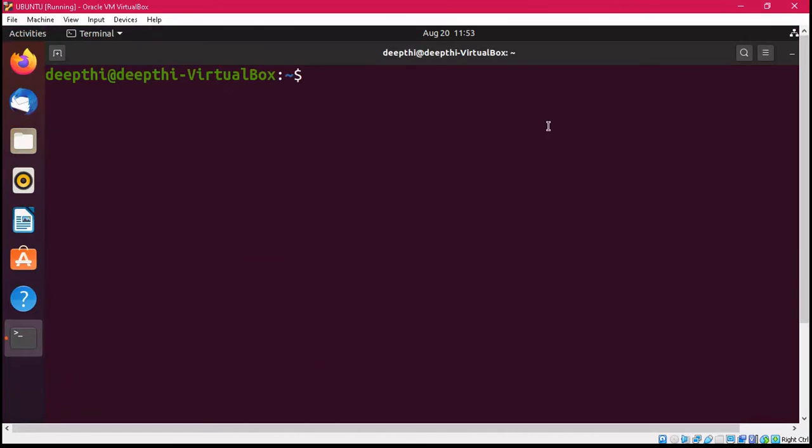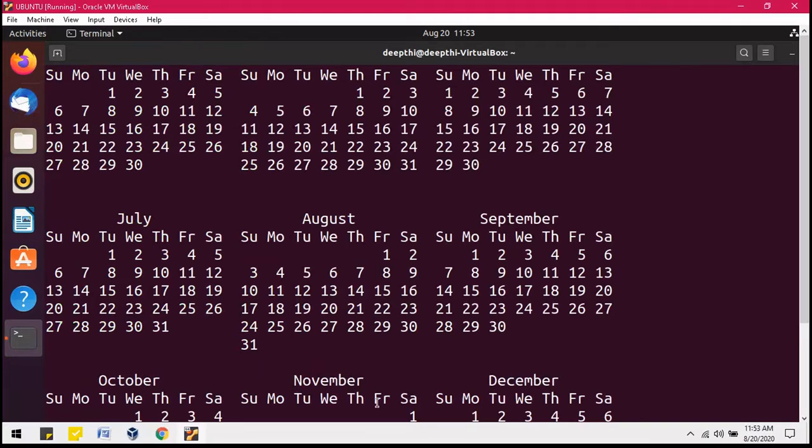Now, another option. This last command was displaying the complete calendar of the current year. But what if I want to specifically see the calendar of some other year? So if I write 2025, let's see what it is going to display.